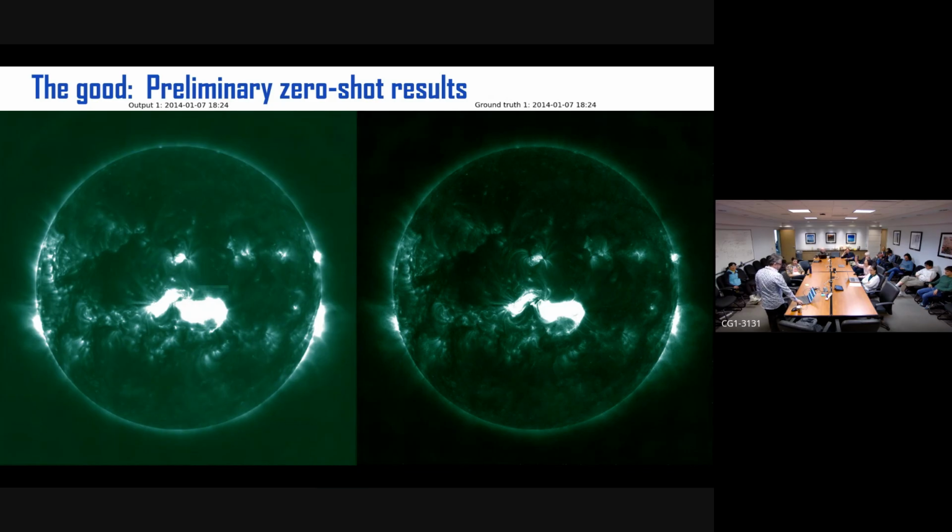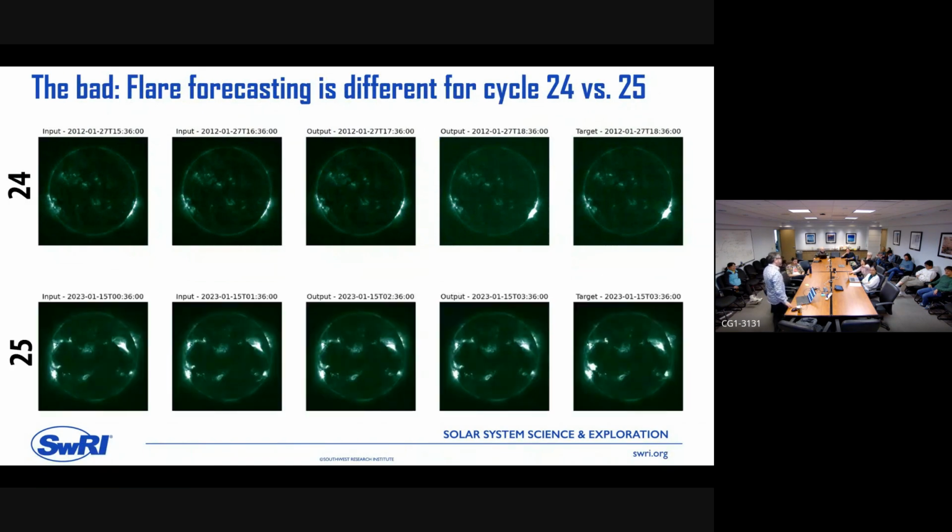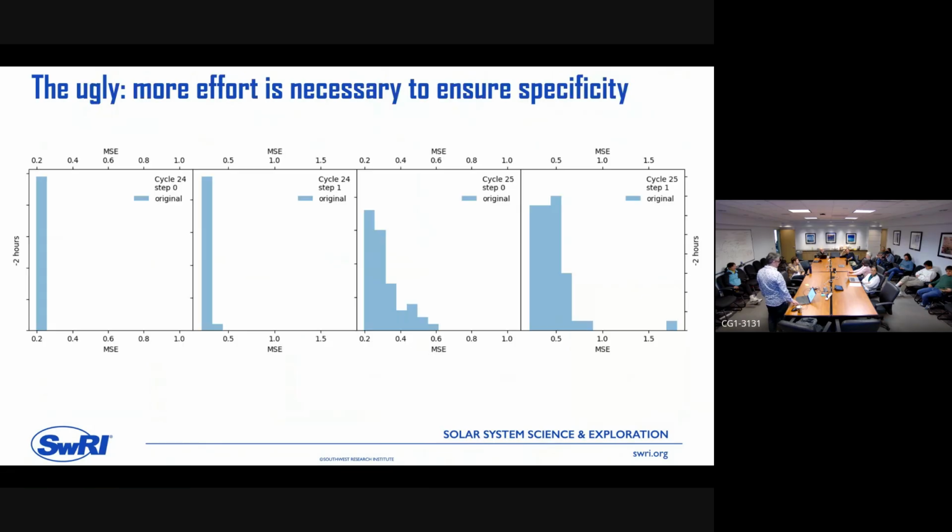Okay. Question. So for cycle 24, you do this every single case. You can do different flares. You actually do 2 hours before you would get the ribbon. Yes, I can show you this. I was going to show the statistics right now. Yeah, they trained on 24. Yes, but this was not in the training set.